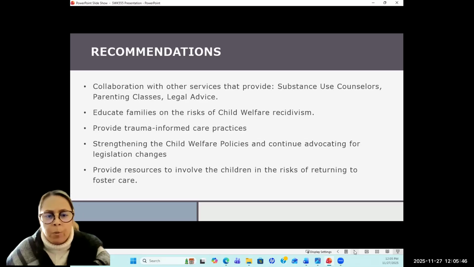Family therapy, group therapies, and individual therapy will help during the process of reintegrating back into their family, helping them at the personal level, but also keeping that nuclear family together as well.